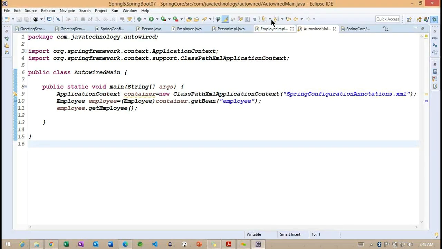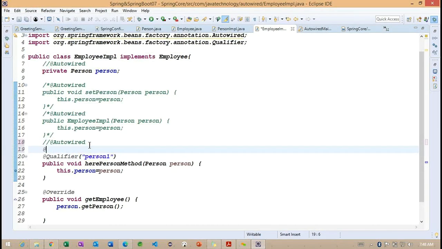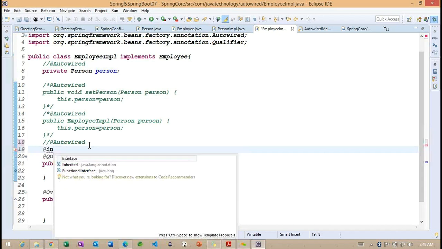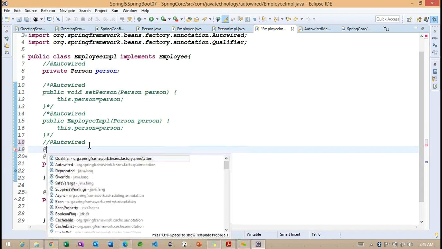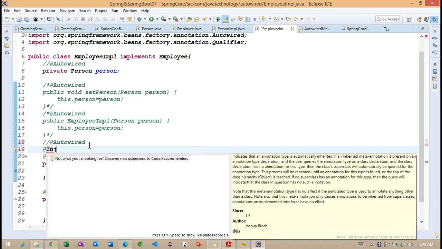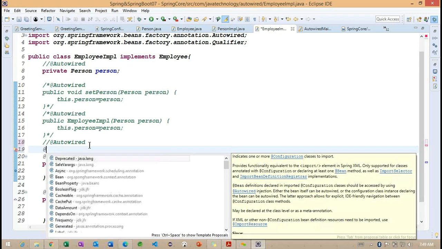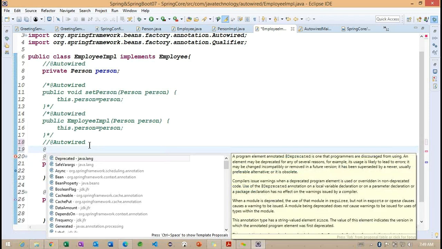Now let me add the same annotation here. Okay, so we are not getting the inject annotation here. Again, we need to add a jar here.